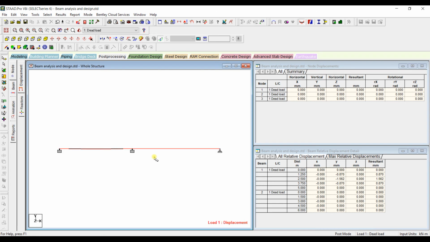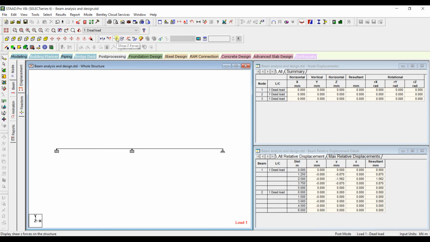To scale this diagram up, you need to press Ctrl and rotate your mouse middle button. You can see the bending moment along Z. Just hide this. Again, to increase the size of the diagram, you need to press Ctrl and move the mouse middle button. This is the bending moment diagram.